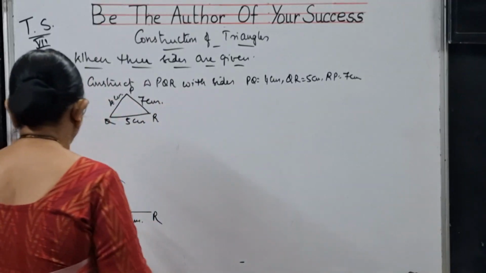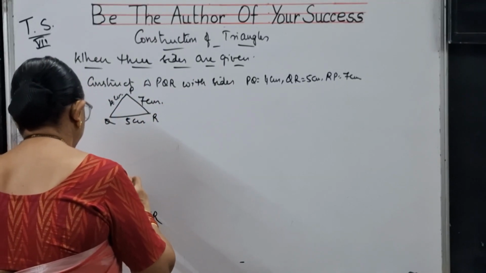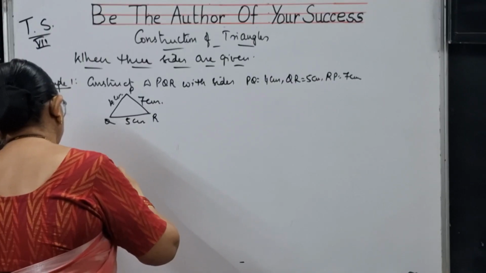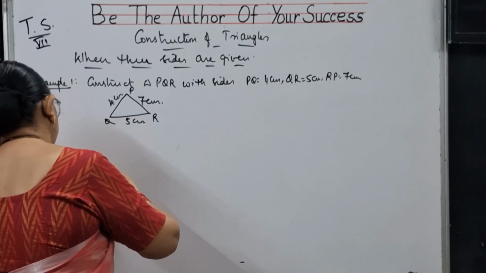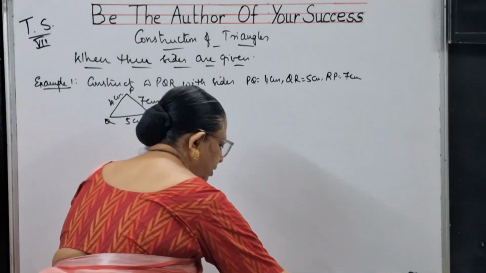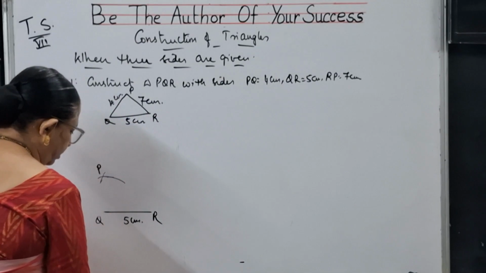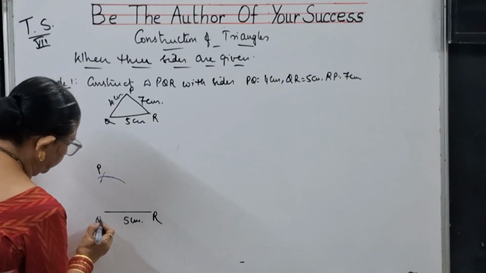If this arc is a little bit away from this, what I should do is extend this arc so that these two arcs will meet at a point, and this is point P. Now I should join